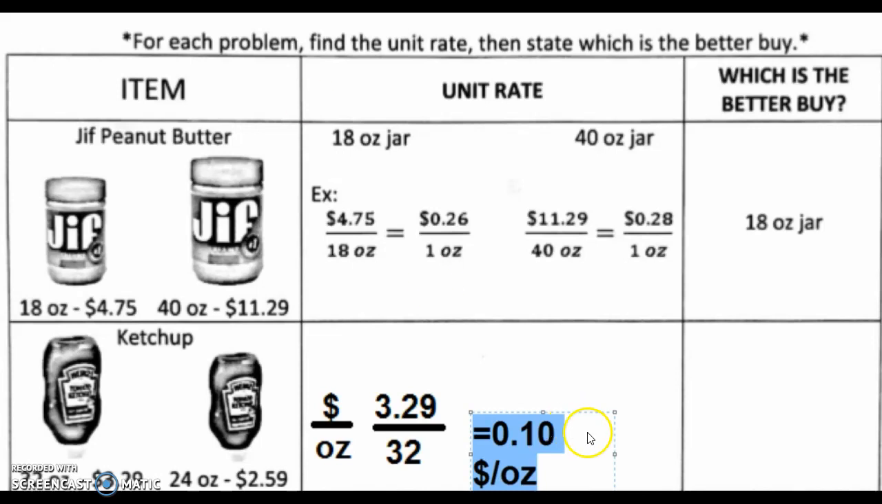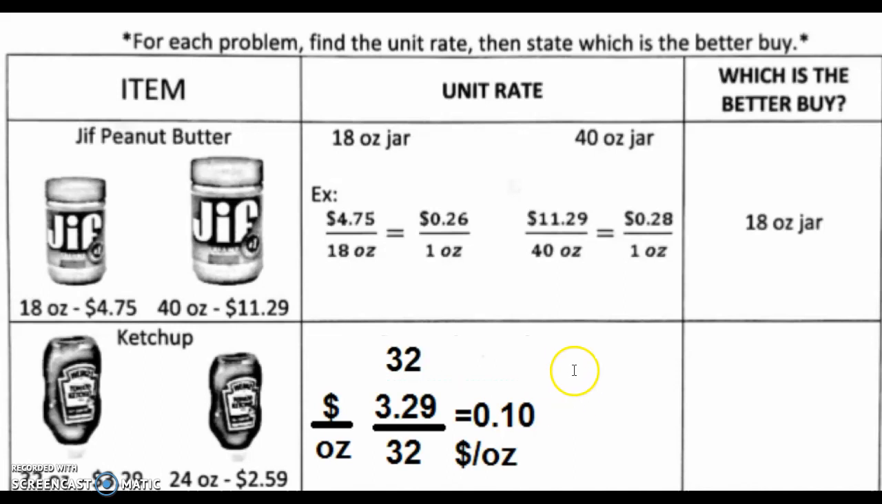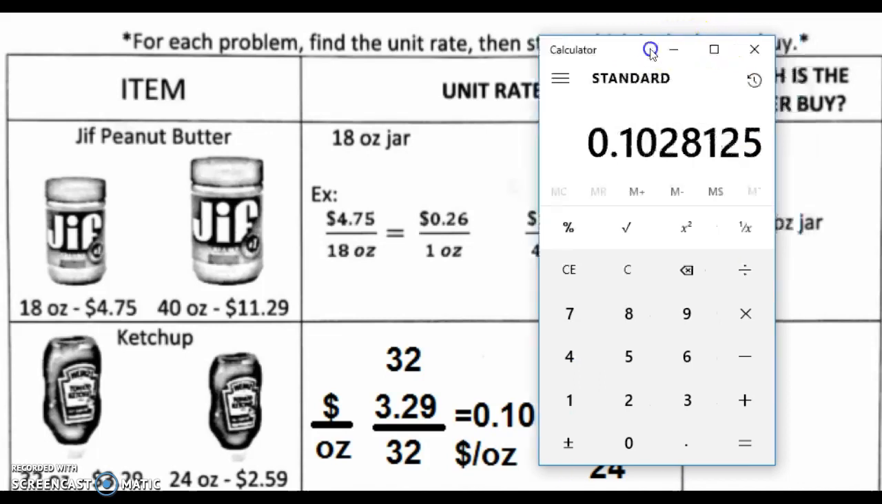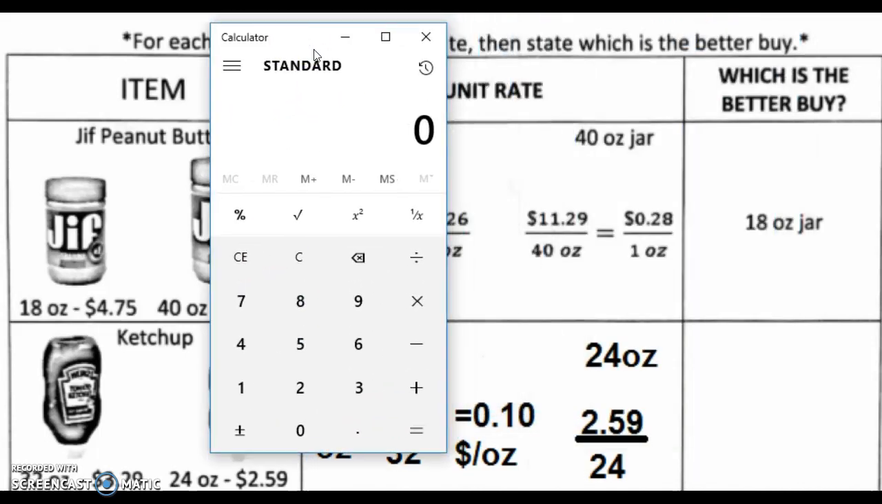And we're going to, again, do the same thing for our 24 ounce jar. This was the 32 ounce jar that I did. So now we're going to do the 24 ounce jar. And that is going to be $2.59 over what number? How many ounces is our second one? Hopefully you got it at 24. And then when we calculate that on a calculator, it's going to say 259 divided by 24 equals